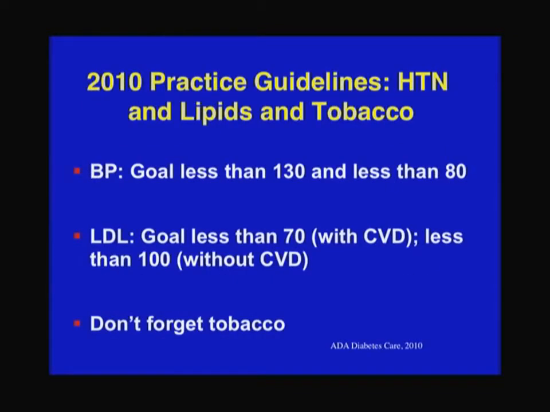We like to treat blood pressure, cholesterol, and tobacco use very aggressively in patients with diabetes. I won't spend any more time on this since we talked about it in so much detail the first week. But our goals for these are a little bit more aggressive than for patients without diabetes, or at least they're either as aggressive or a little bit more aggressive.